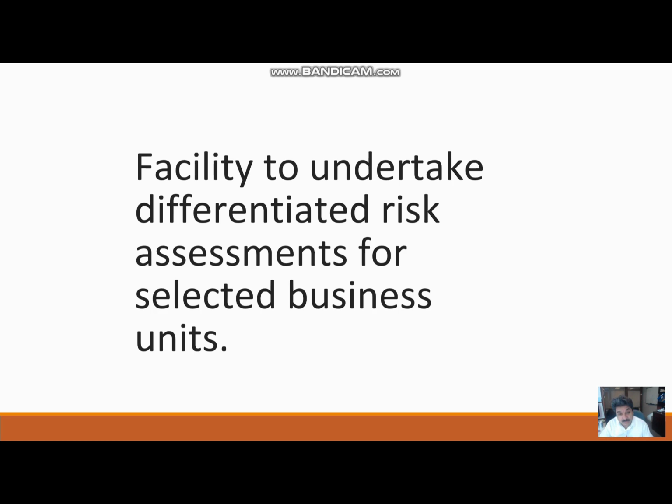At the same time, the new application also supports differentiated risk assessment for different programs or different contexts. Suppose some countries are operating in a fragile context, we can add some additional risk factors for them, and we can also do some facilitator-based risk assessment for them. I will talk about them more when we do the risk assessment.